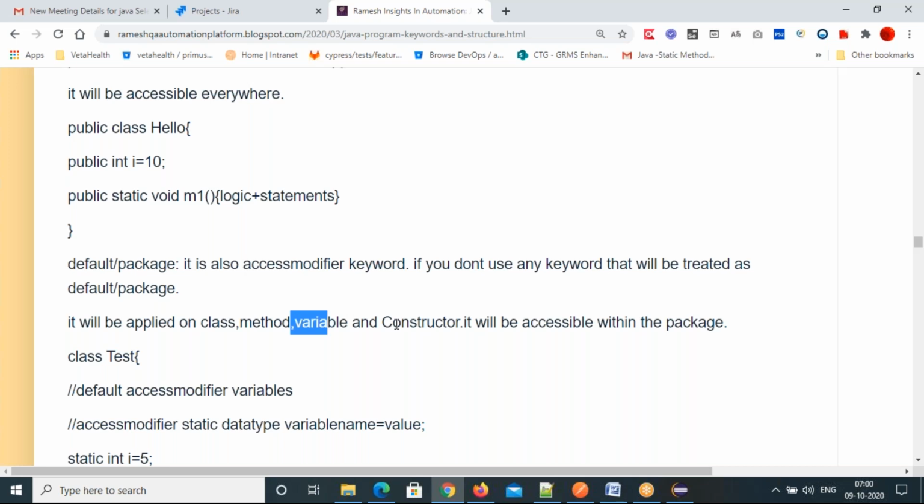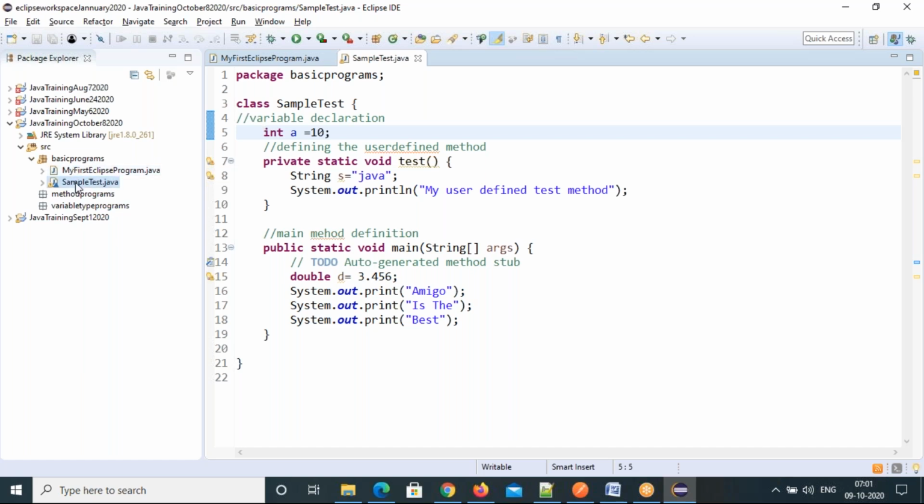Okay, where you can access these things? If you create a default class, default variable, default method, and default constructor, where you can access them? Within the same package, not outside the package. See, the scope is reduced. Default or package access modifier means you can access the default or package access members within the same package only, in any class. In the same package, any class you can access, but not outside the package. These packages you don't have a permission for this class, for this variable.